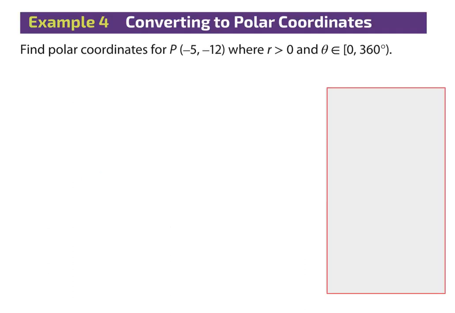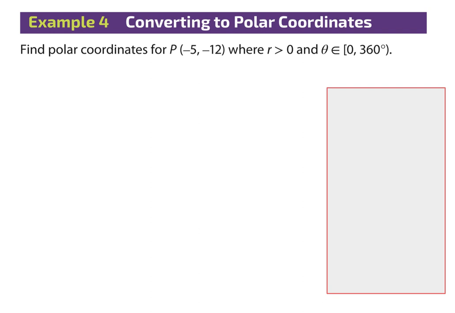It says find the polar coordinates for P, negative 5, negative 12, where R is positive and theta is between 0 and 360, okay? Between 0 and 360. So the first thing we have to do is figure out how far I'm traveling, pretty much. How far you're traveling is going to be the hypotenuse here, right? So if I'm trying to figure out my R,